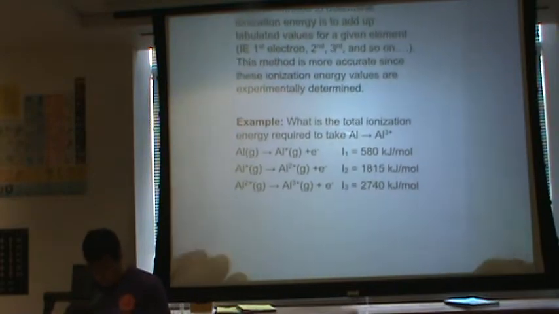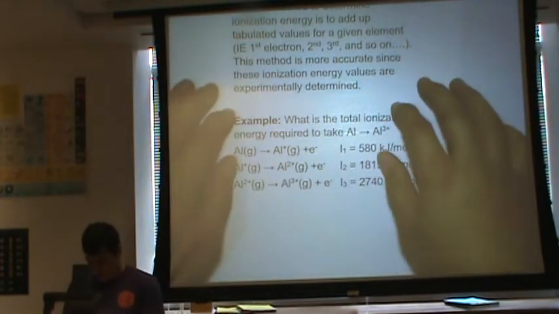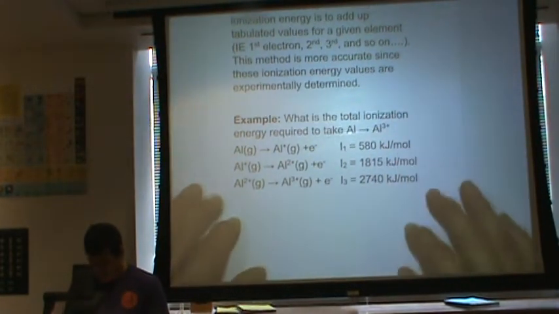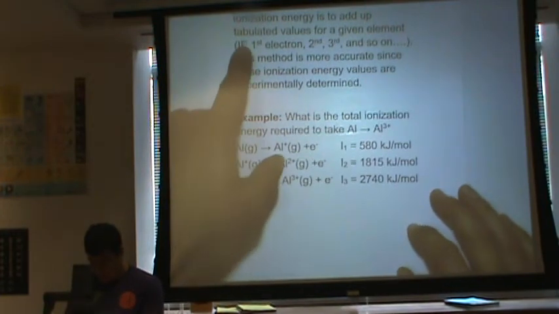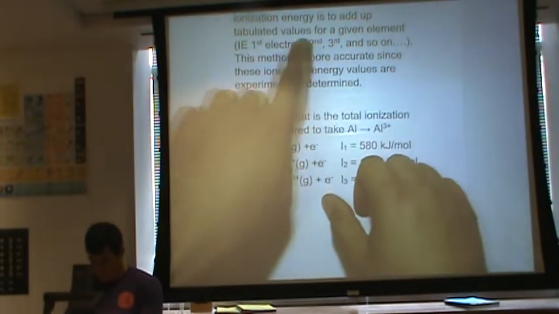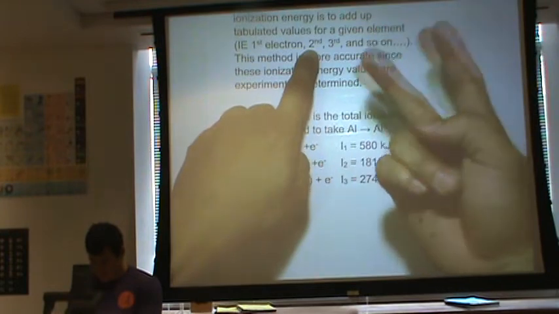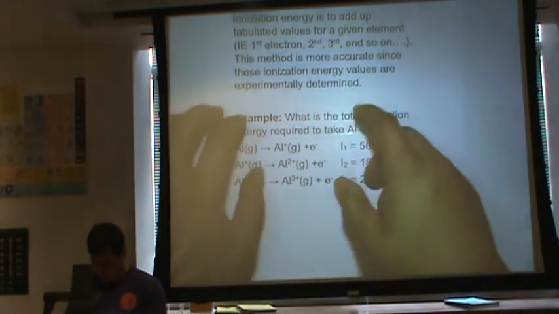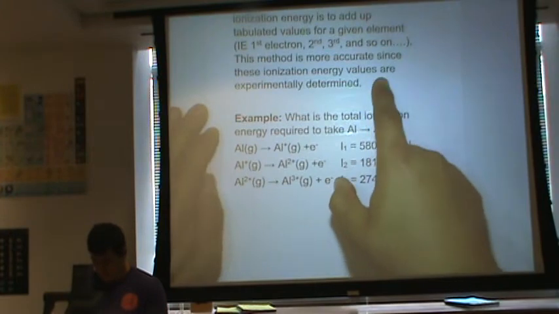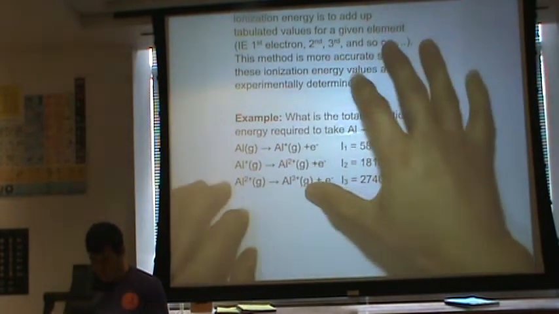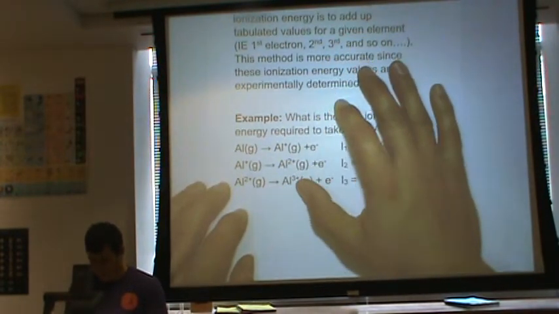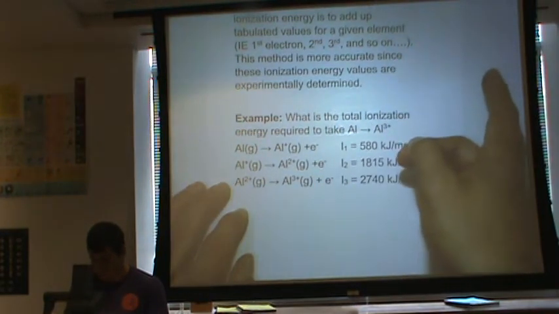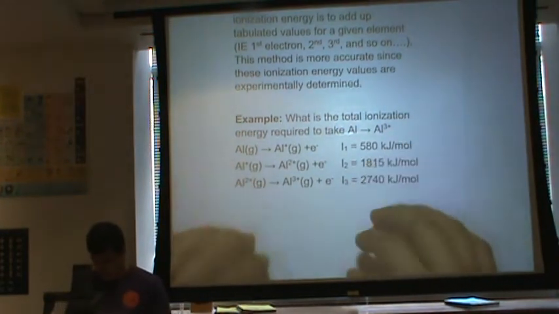A more accurate method to determine ionization energy is to add up tabulated values for a given element. That is the ionization energy removing the first electron, the ionization energy removing the second electron, third, and so on. This method is more accurate since these ionization energy values are experimentally determined. So there's tables and tables of the energy required to remove an electron from an element. And so if we were, let's do this example,